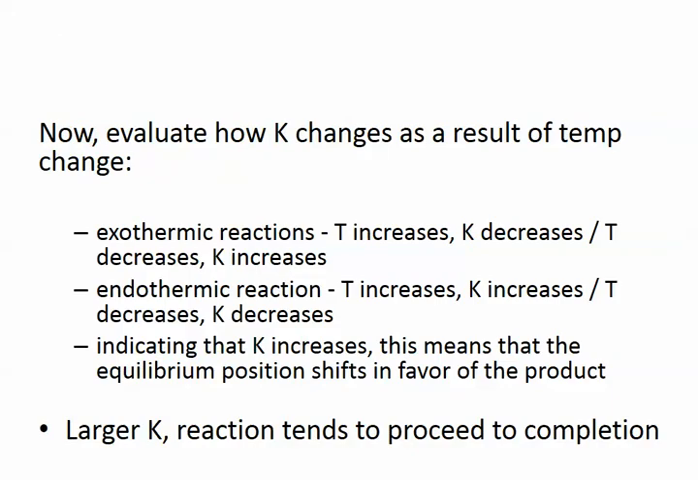So just thinking about this in terms of K, for an exothermic reaction, if the temperature increases, the K is going to decrease. If the temperature decreases, the K is going to increase. For an endothermic reaction, if the temperature increases, K will increase. If temperature decreases, it'll decrease. So remember, K is indicating what's happening in the reaction. The larger the K, the more likely it's going towards the product side, or it favors the products. Larger Ks proceed towards